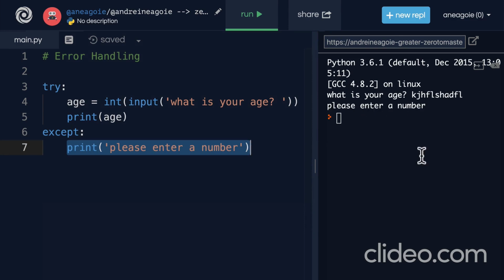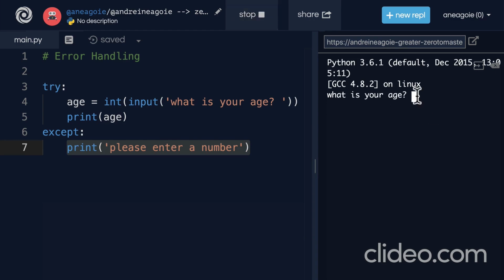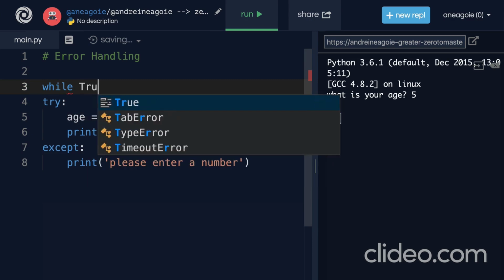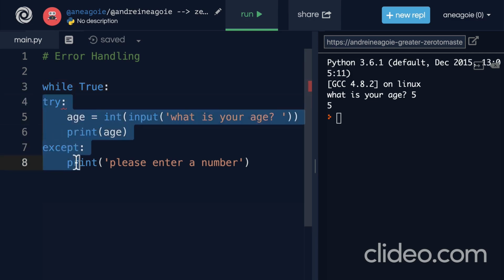But we have a problem here, right? The program just ended and we want this to keep running. I have to click run again and ask for the age once again. So how can we make sure that we keep running this until, well, the user actually enters something valid? Well, we've seen this before. We can do a while loop and say while true, run this,